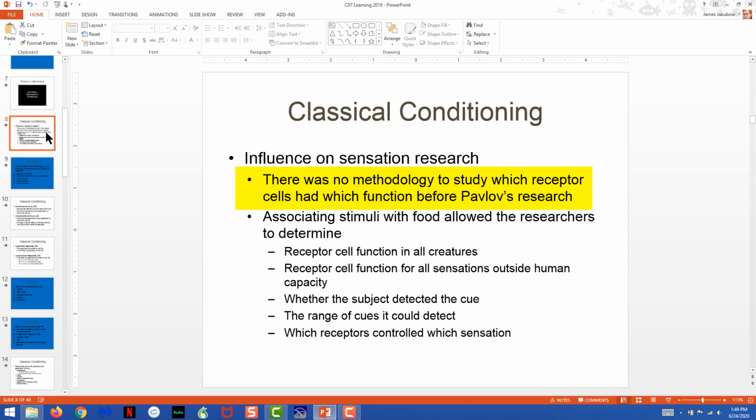It's much easier to use Pavlov's associative process to identify the activity of a receptor, but associate it with a pattern of behavior that would automatically be connected to stimulation from those receptors. And this is the way you would figure out whether or not deer can see in color, so hunters should wear bright orange so that other human beings could see them, but that deer can't see them. Whether or not dogs can see in color. Whether or not elephants can actually hear better than human beings.